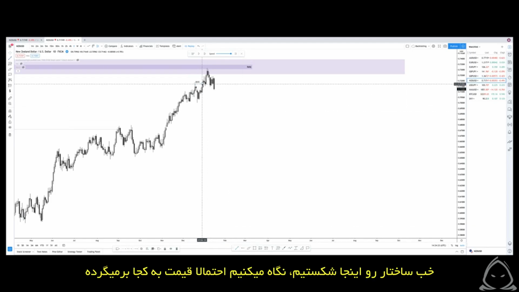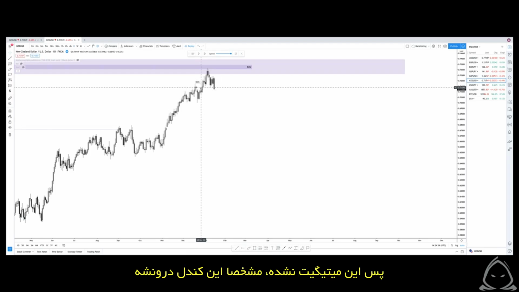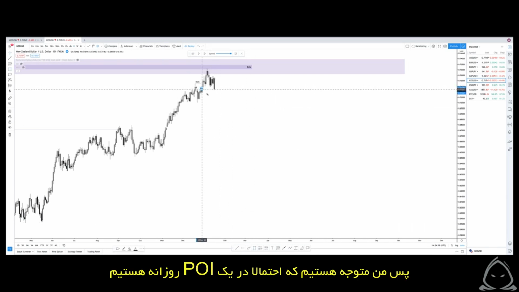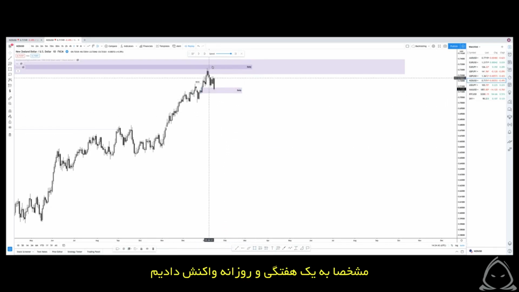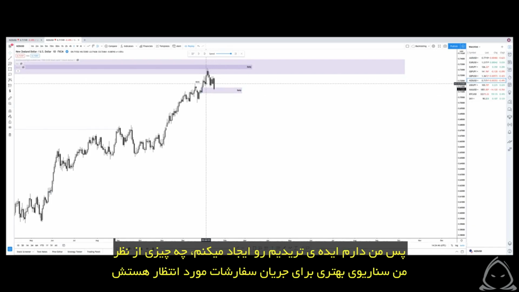So broken structures to the upside here, looking at where potentially price could come back to. So you have this candle here that then caused the break of structure. So this was unmitigated. Obviously this candle is now inside it. So I'm wary that potentially we are in a daily POI. Obviously we reacted off of a daily and weekly,